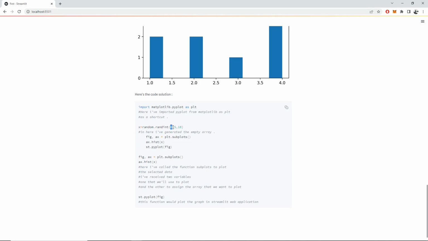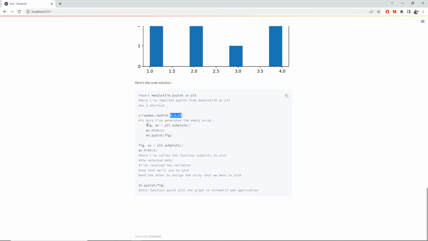So the start of the range is 0, and the last element will be 5. 5 will be excluded, and the array would have 10 elements. And then I've used this function over here, fig, ax equals plt.subplots. So I've called this function in order to do all that. And then I appended